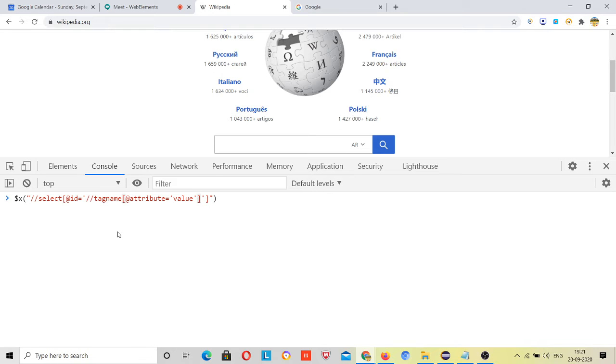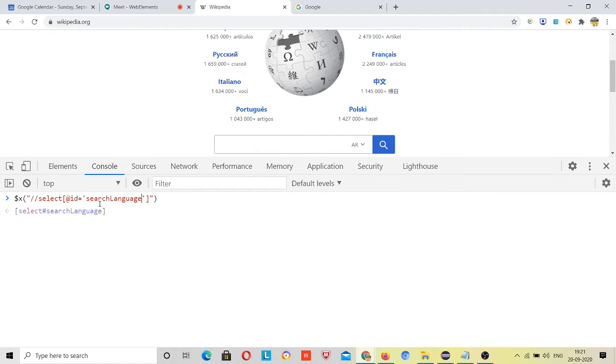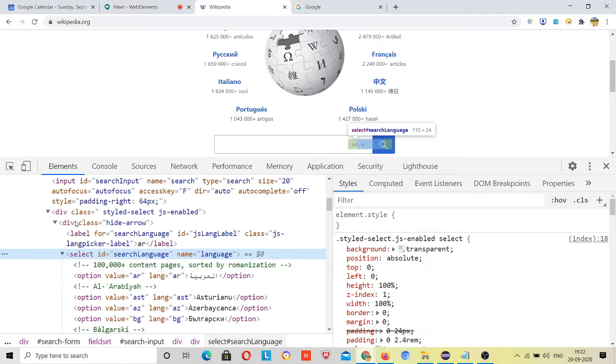Actually I have copied the whole thing, right? Value of id is equal to, let's copy from here, this. Yes, click on enter. If you click on this, then you can see this is highlighting my select box, see carefully, right? If I click on this, then the code written for it will be highlighted, right? So now we have located it correctly.